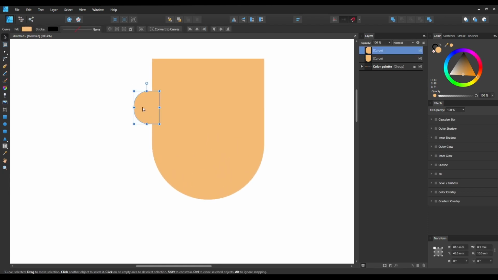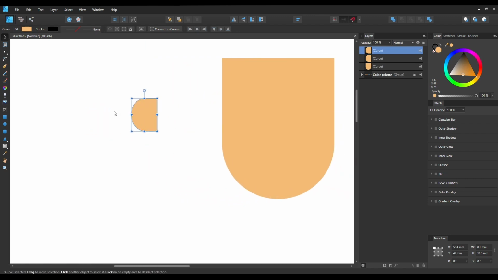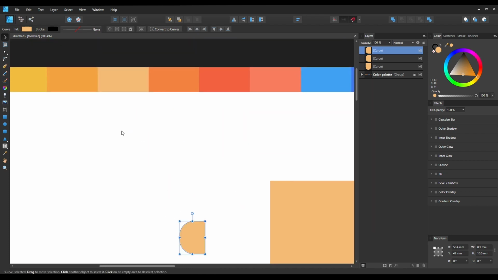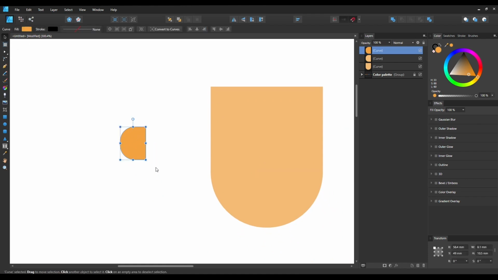In order to create that, we need the same shape but a smaller one to be added as the shade. So what we can do is, for better visibility, I'll just move it out. I'll just press Ctrl J on the keyboard in order to create a duplicate, and then I'll just select the darker shade. So we have 2 copies, and then by holding Ctrl and Shift, I can just scale it a little bit